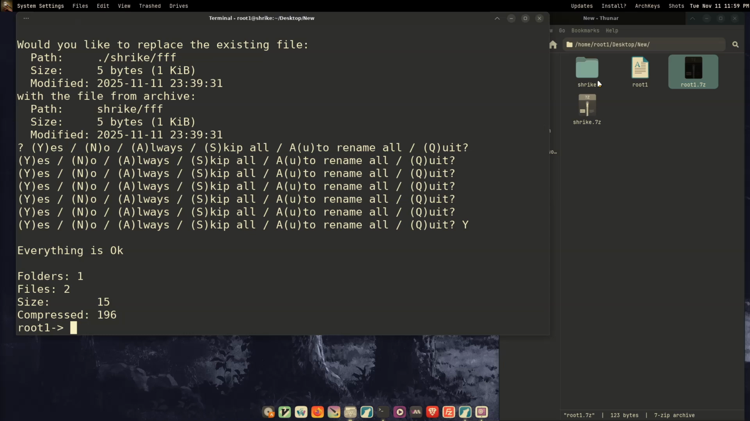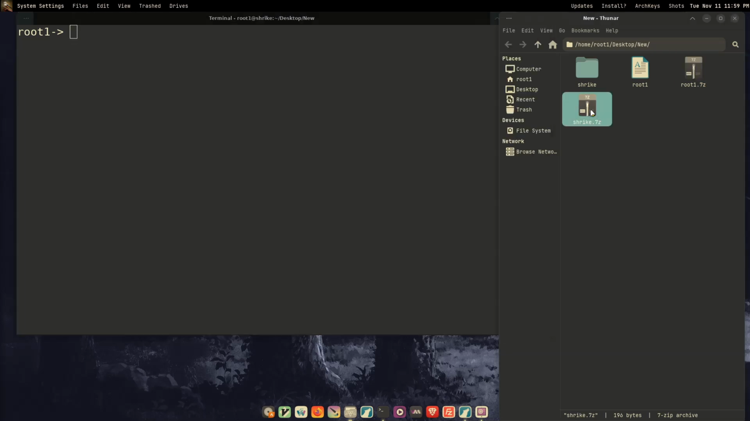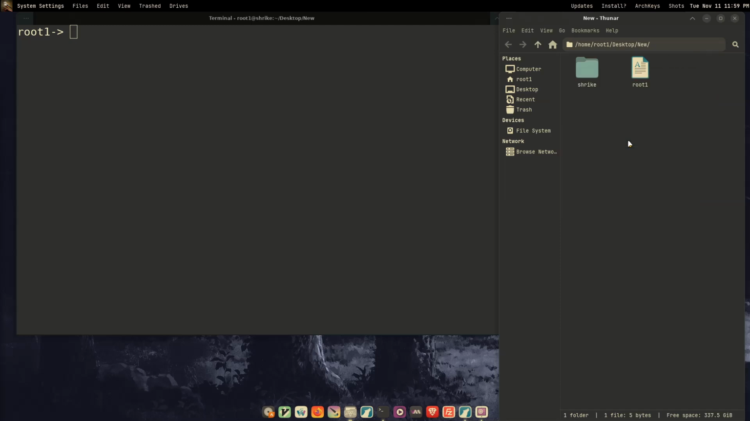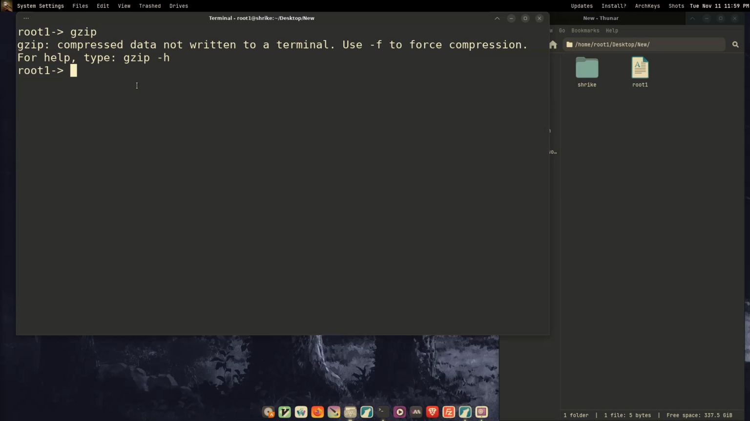So let's go to the next one, and the next one will be gzip. Let me remove these ones first. Yes, so gzip, that one, it's the one we are going to look at. And then you do it like this. So, for a folder, or, okay, let's say